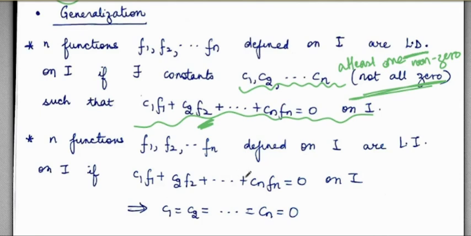And whenever the linear combination is 0, so its negation would be what? Let's negate this statement. Here you are getting at least one non-zero constant such that the linear combination is 0. Here, whenever the linear combination is 0, you'll have no option but all constants to be 0. There is no other option. No situation is going to give you at least one non-zero constant. All constants will be forced to be 0 whenever the linear combination is 0. So that's the generalized definition of linear independence and linear dependence.